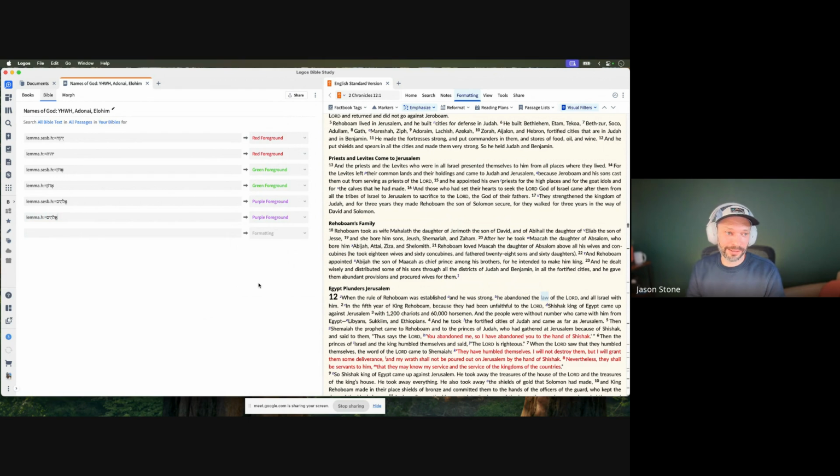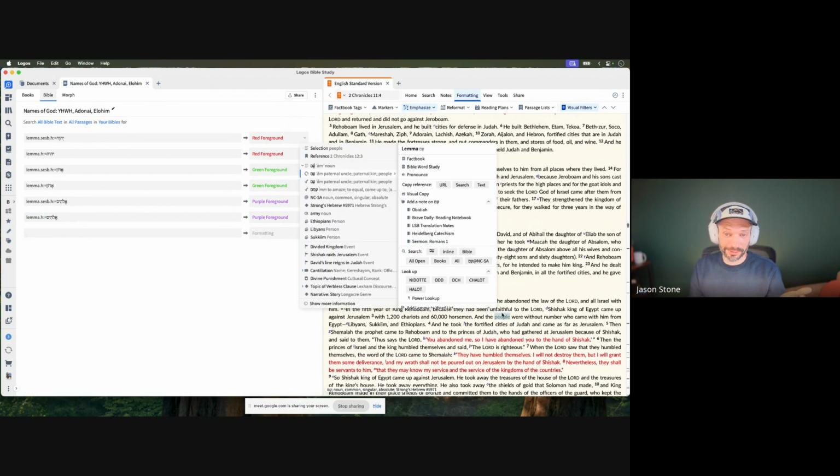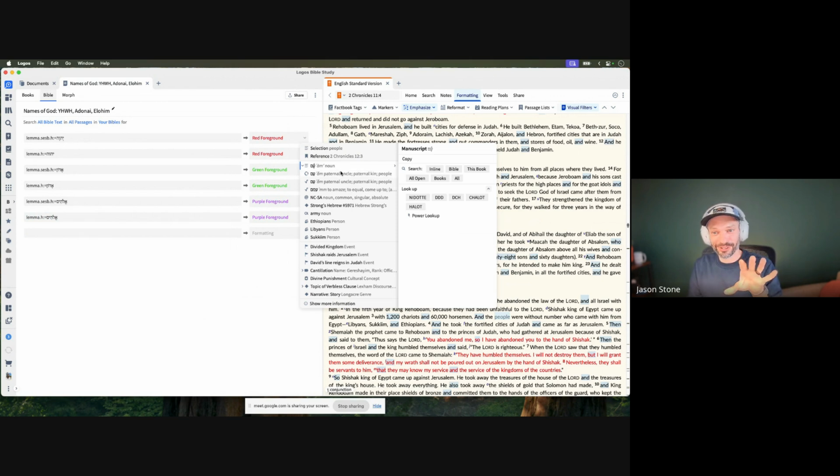If you take that idea and apply it to really any way that you want to mark up your biblical text, then that's how visual filters can be applied to really any of them. So if you wanted to see every single time the word people or every single time the word you plural is used, probably the easiest way to do it is to pop in, do a right click, and find exactly what you're looking for in the context menu.